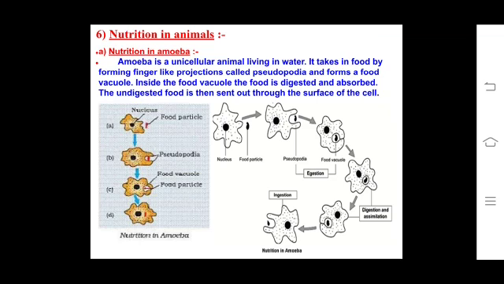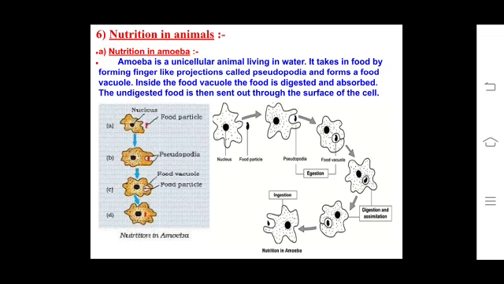Some other organisms derive nutrition from plants or animals without killing them. This parasitic nutritive strategy is used by a wide variety of organisms like Cuscuta, Amarbel. When I talk about the parasitic mode of nutrition, we will go to that. The Cuscuta plant, I think yesterday I showed you the picture. They have sucking roots, haustoria. They don't kill the organism, they just suck the food from the plant, the host.